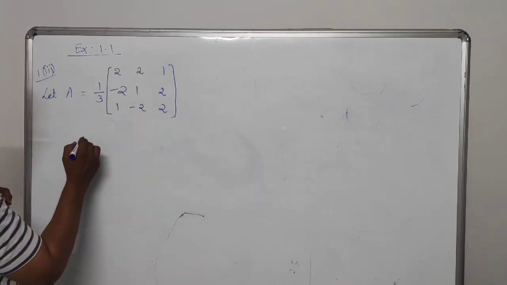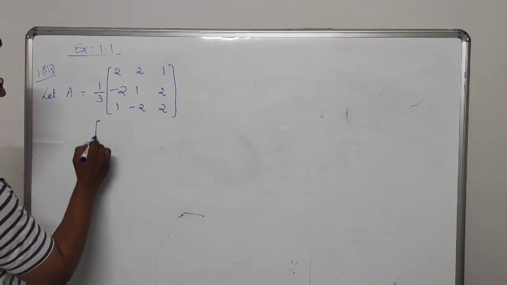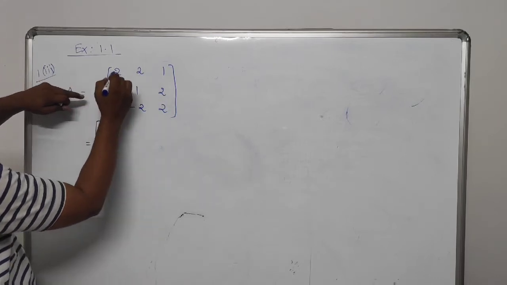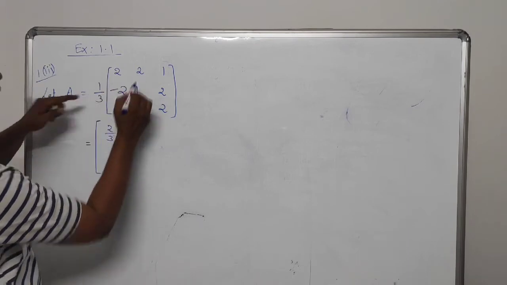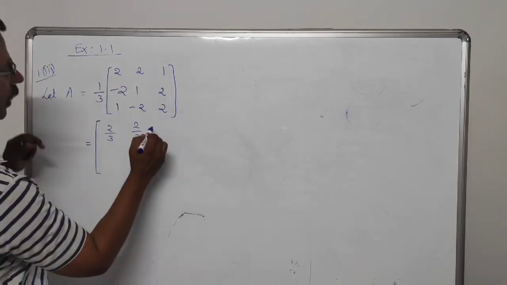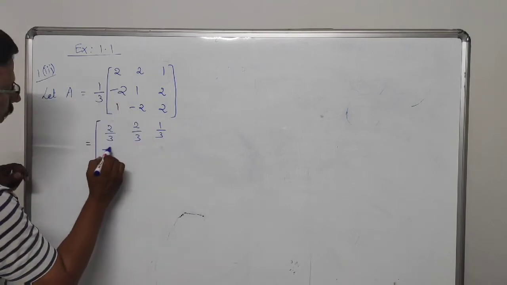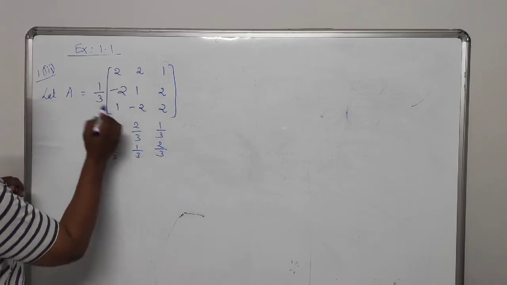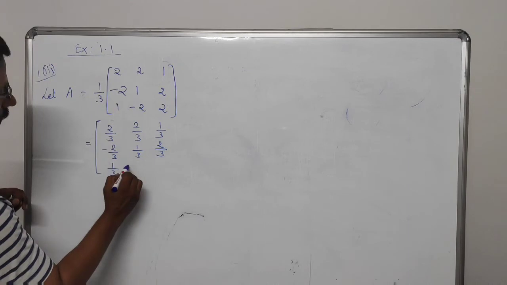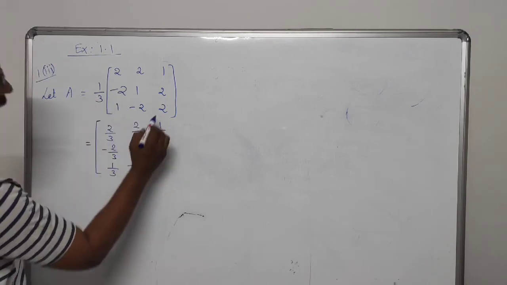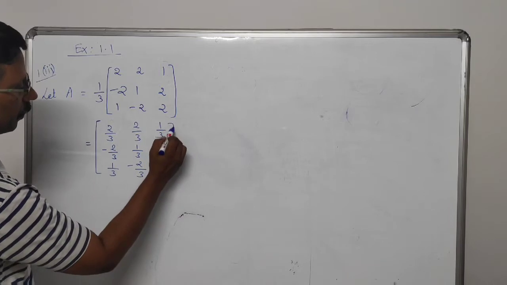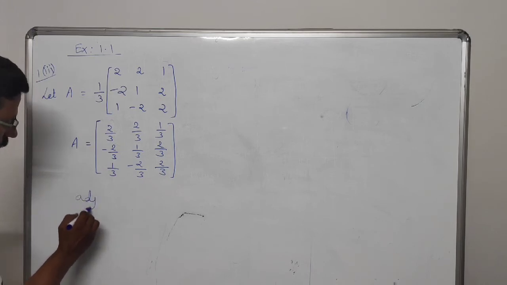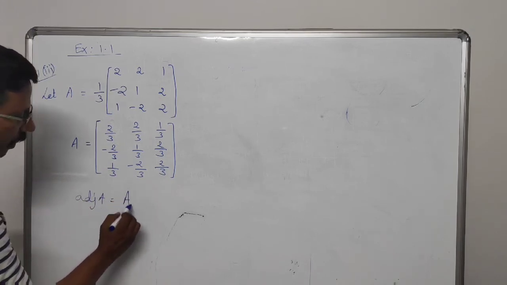Therefore, we can write this matrix as follows: we multiply each and every element of this matrix by 1 by 3. 1 by 3 into 2 gives 2 by 3. Next we get 2 by 3. Next we get 1 by 3. Now we write minus 2 by 3, then 1 by 3, then 2 by 3. Then here 1 by 3, then minus 2 by 3, then again 2 by 3. Now, after changing this, we know very well the adjoint of the matrix A is nothing but